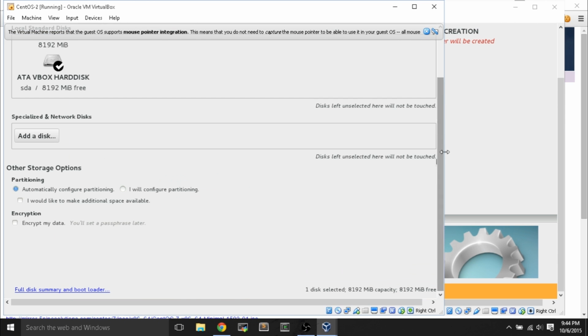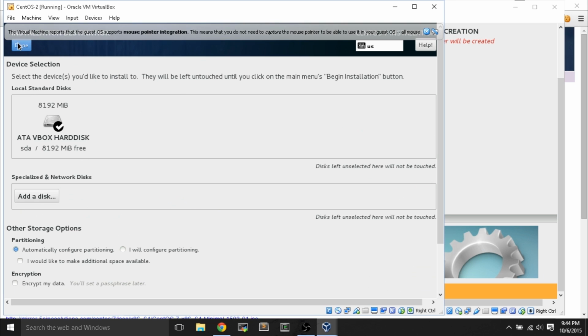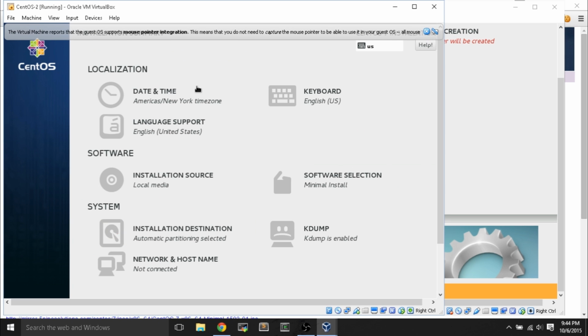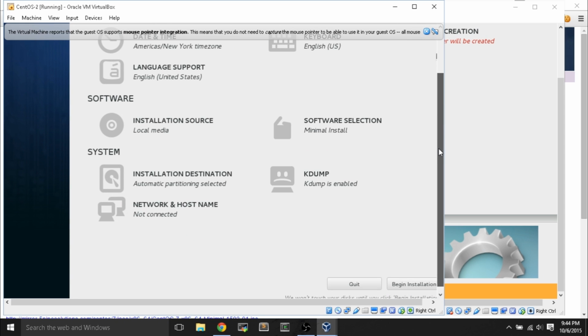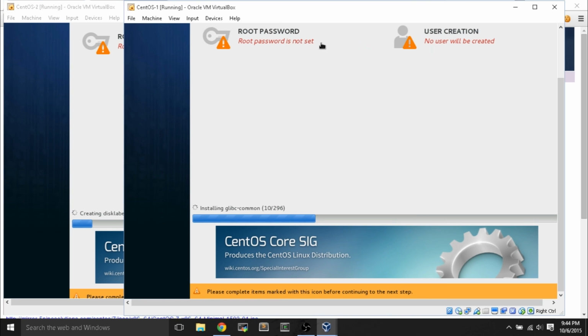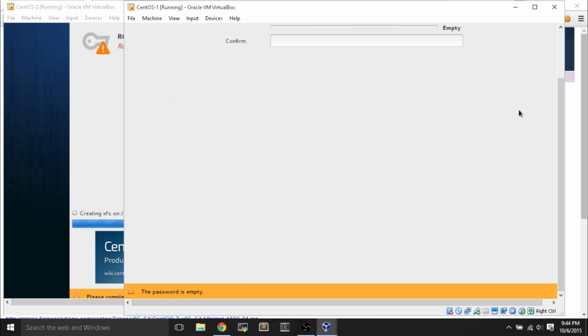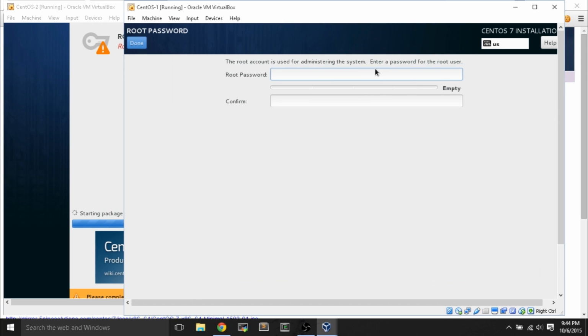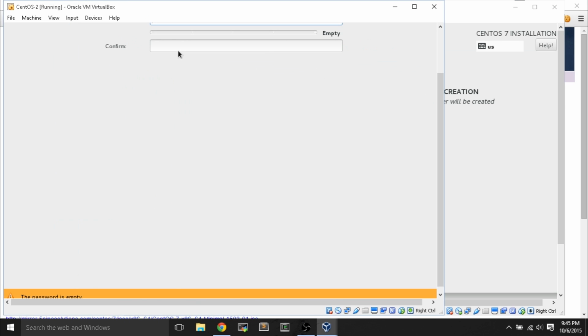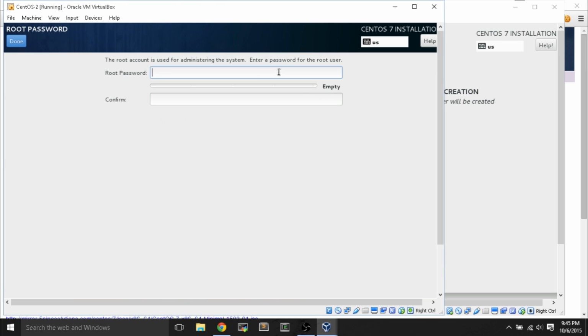We hit installation destination, and all we do is hit done because we don't need to change any of these settings. You can also change your date and time zone. For me, I live on the East Coast, so I'll use the New York time zone. I hit begin installation. And on both machines, you hit root password because you need to set a password. So I will set a password, and I will hit done, and I will do the same for machine number 2. And hit done again,